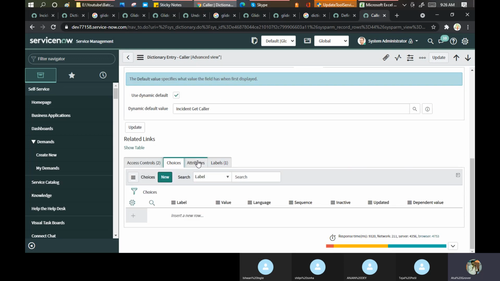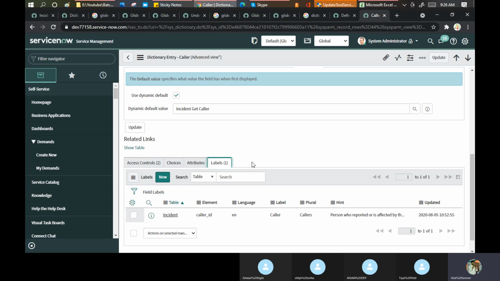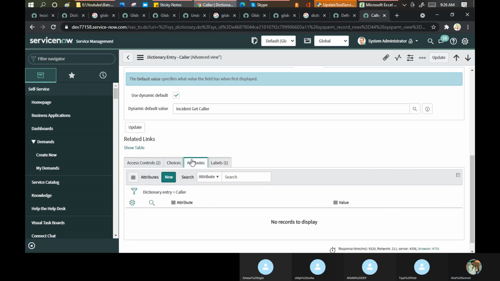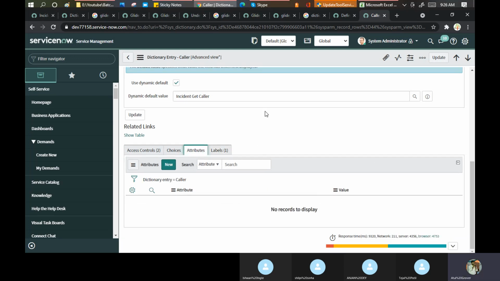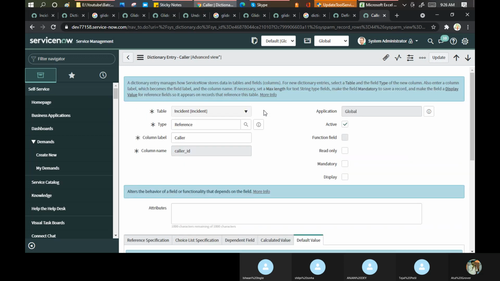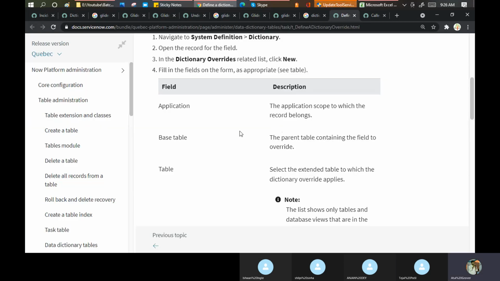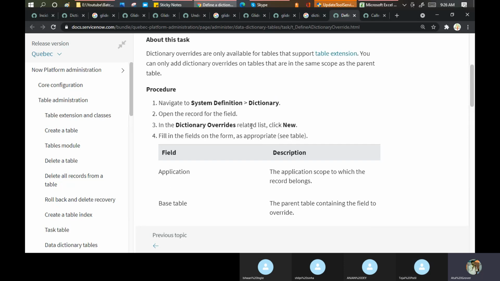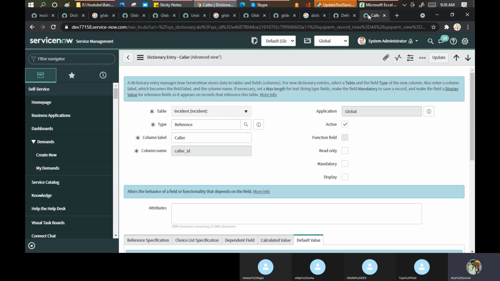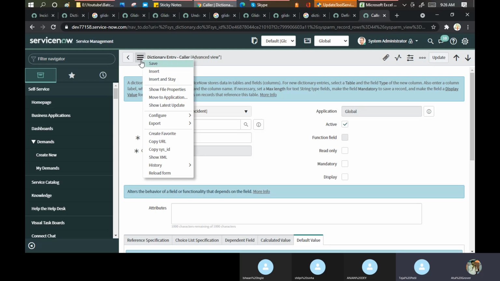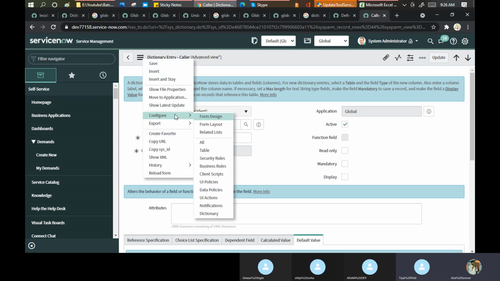Calculated attributes, label. After this, I have this thing, right? Yes or no? Okay, maybe guys, I need to check why it's not visible to me, even though I put this as well. They're saying in the dictionary override related list, you click on the new button here. Okay, let me go here. In the advanced view, I'm not getting the view option as well.